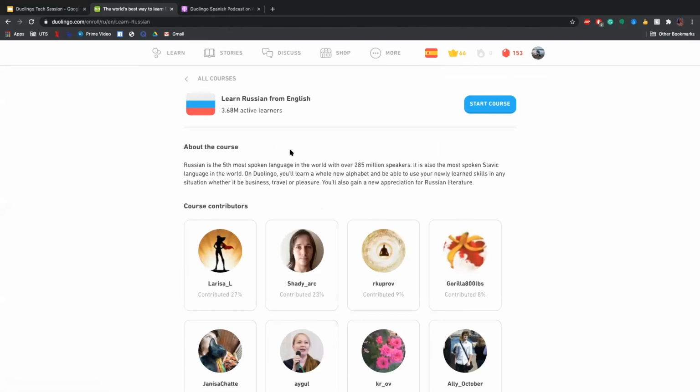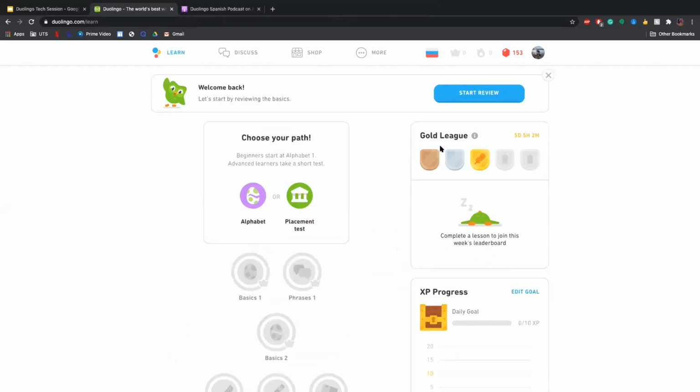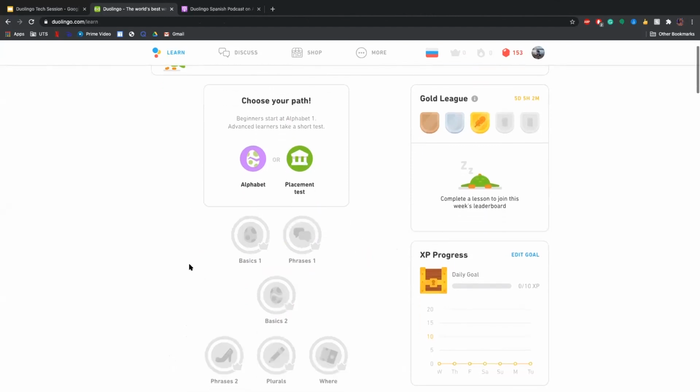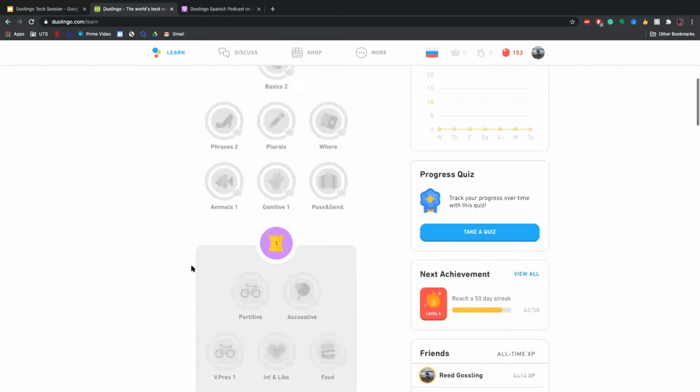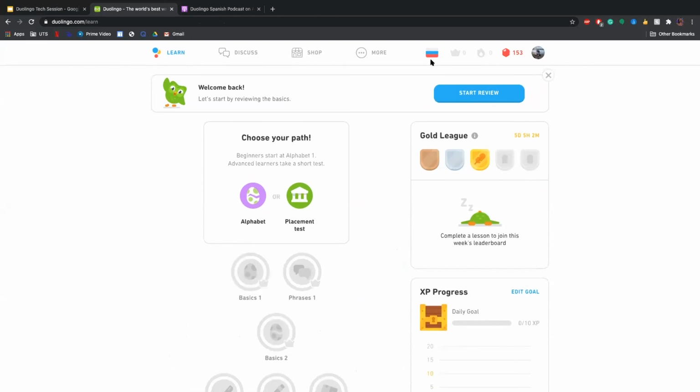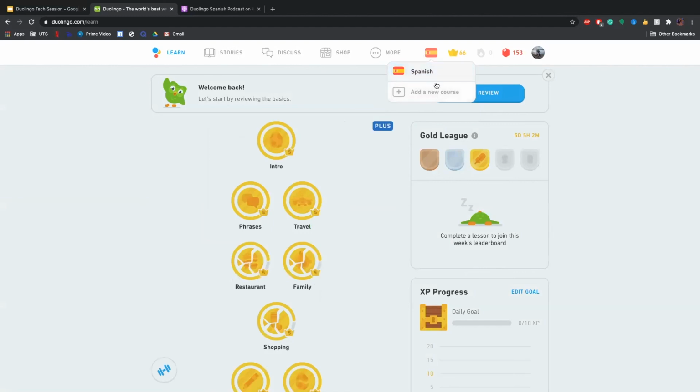And you can just start this course by clicking this blue Start Course button. This will then take you into a Russian lesson plan, and it will be a different set of lessons available from the Spanish ones. Then you can always go back to your other language, and you are able